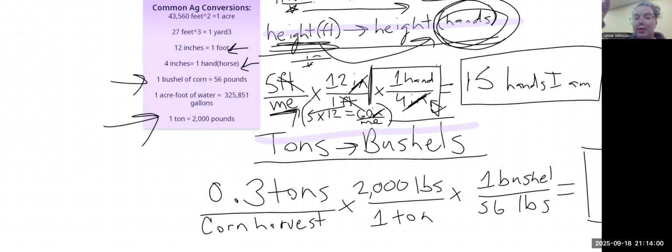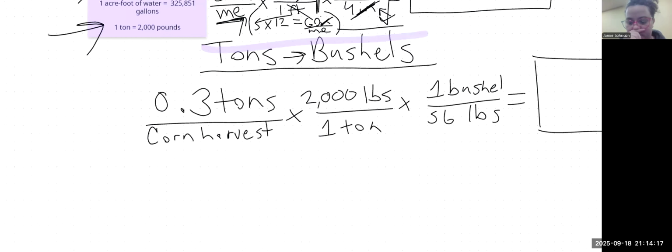From tons into pounds is 1, and then from pounds into bushels is another, which means 3 pieces, 2 multiplications, because 2 unit conversions. So 0.3 tons of a corn harvest. We put the tons here on the top with the tons on the bottom. They divide out. So then we have 0.3